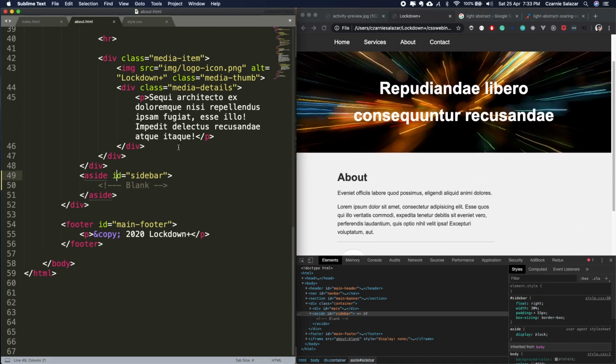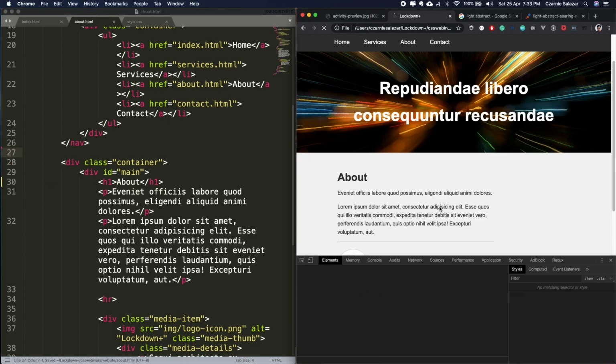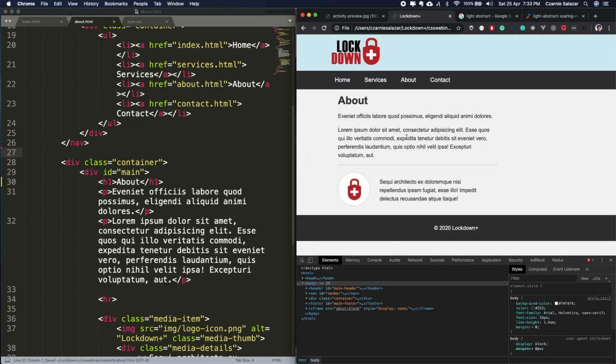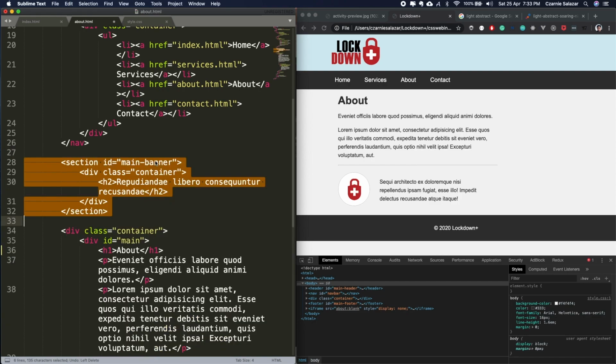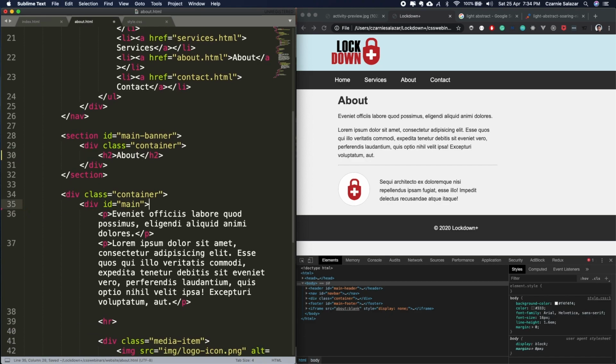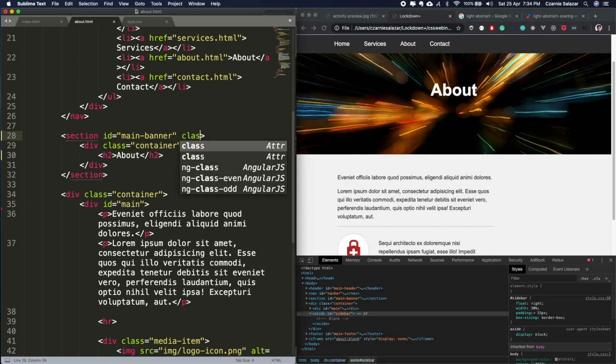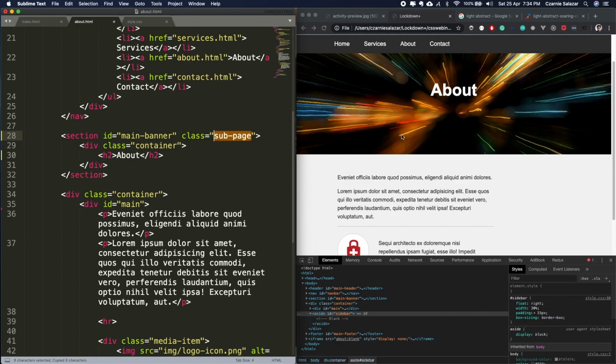So yun, meron tayo. Tanggalin na rin siguro natin yung banner. So kung hindi natin kailangan yan. Usually naman sa mga sub-pages wala nang mga ganyan. Or pwede rin naman meron. Gawin na lang natin itong instead of about. Dito natin lagay yung title. Ayun, about. And then maybe we can set another class here na subpage para ma-lessen natin